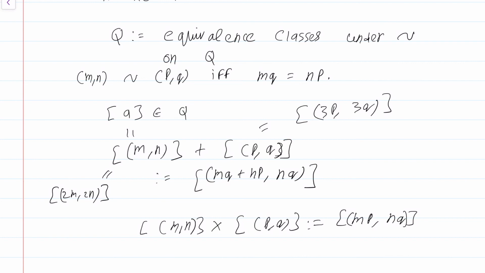So once these checks are done, you can check that all the familiar properties that rational numbers are supposed to have are indeed possessed by our collection of equivalence classes. You have to check things like associativity of addition, commutativity of addition, associativity and commutativity of multiplication, and so on and so forth. What you precisely need to check is that the set Q has the structure of a field. We will see more about fields in next week's modules.